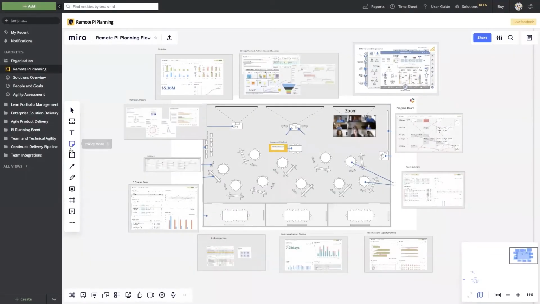Targetprocess is a solution that helps organizations of all sizes scale Agile. In this demonstration, we'll be walking through how you and your teams can use Targetprocess to facilitate your remote PI planning sessions. Targetprocess is organized into a series of views that will allow us to execute on the various ceremonies